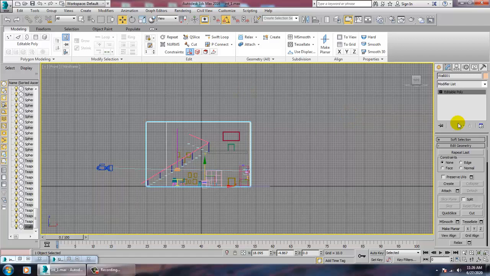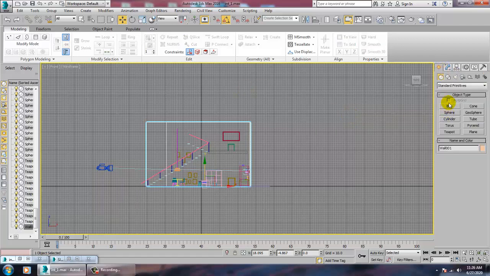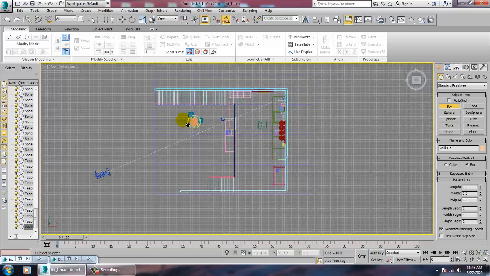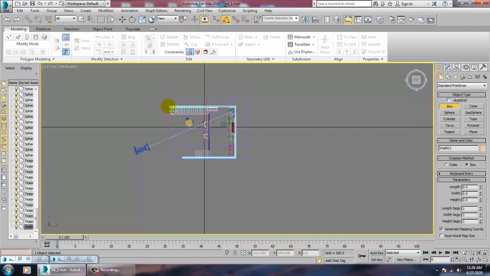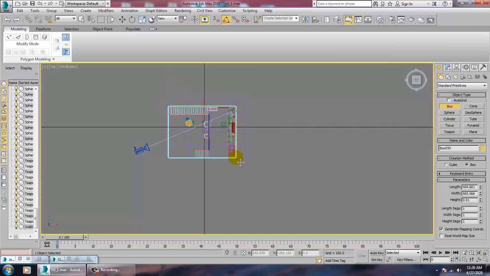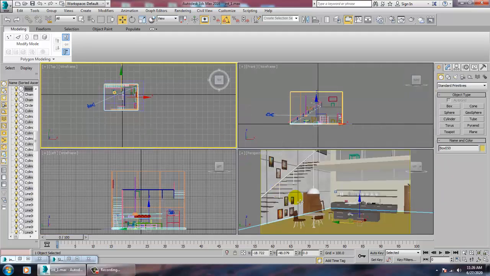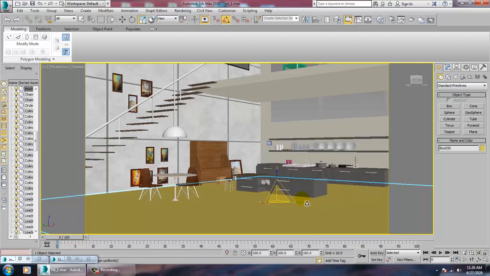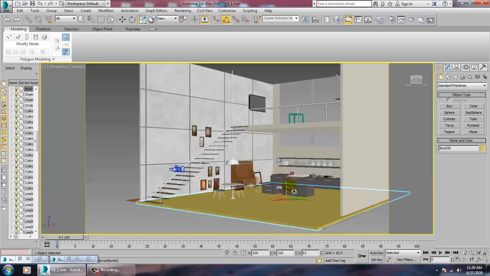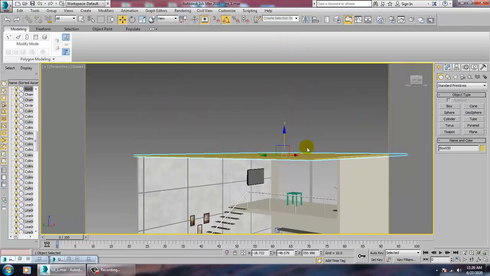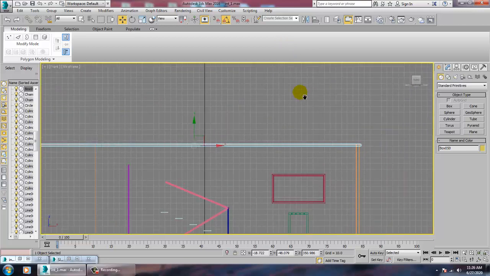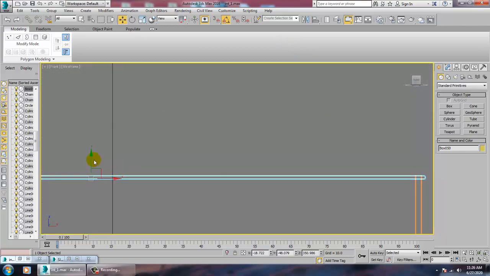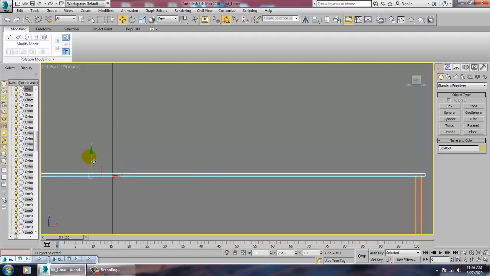We can easily close this by taking a box right from the top view. So take a box, resize it, and just push this up over here. Push it up. Alright.